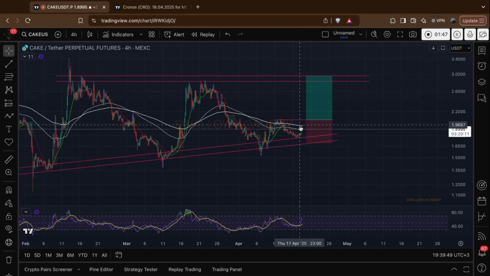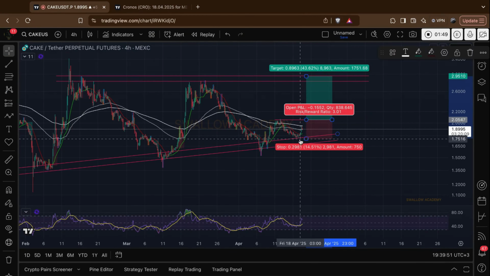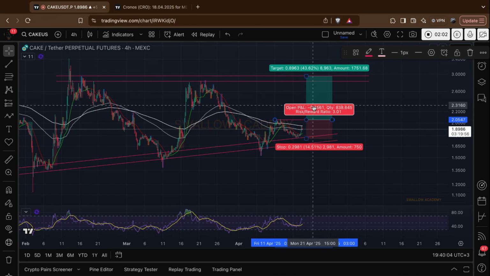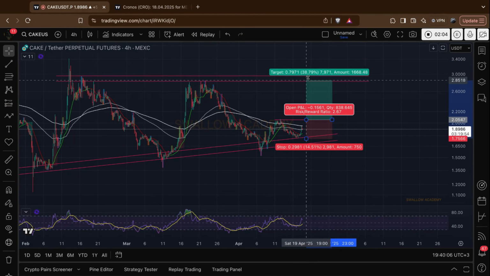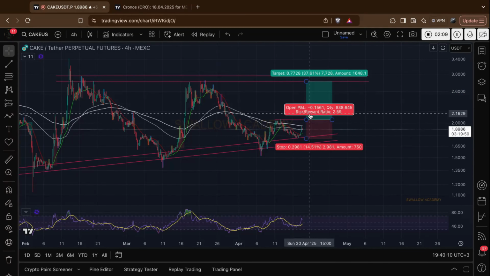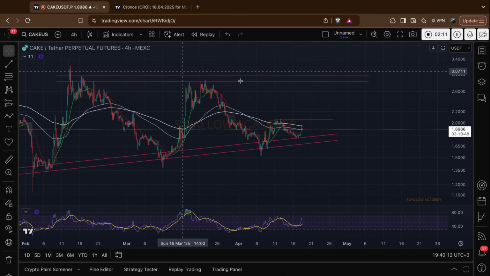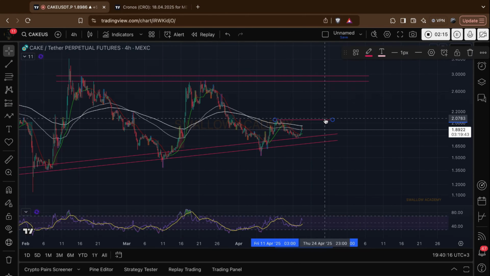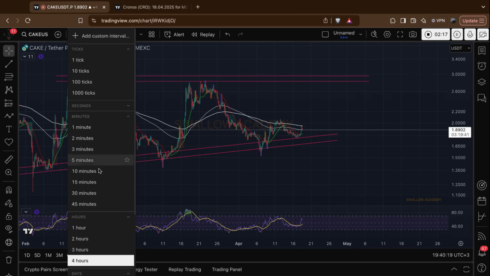For now, on the bigger time frame, stop loss would be closer to this zone once we see a full overtake from the buyers from this 200 EMA line and breakout structure forming from this, let's call it a $2 price mark. Then we're going to go for not the upper zone but this smaller lower zone, so $2.8 mark. But on the smaller time frames, now calling the smaller time frames, I mean 1 hour time frame, we